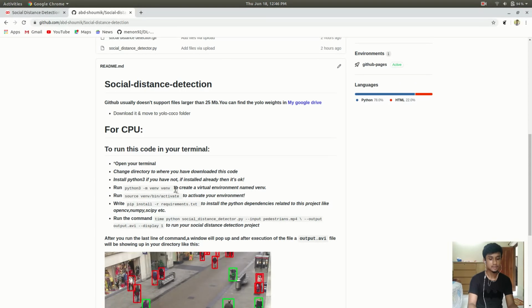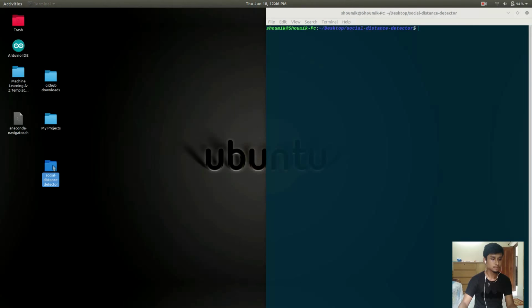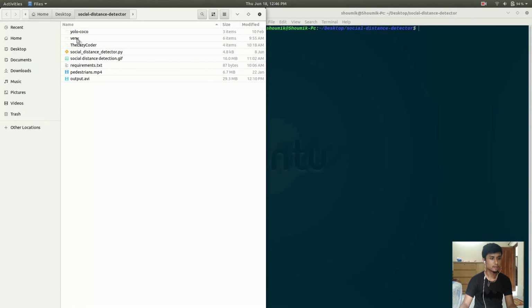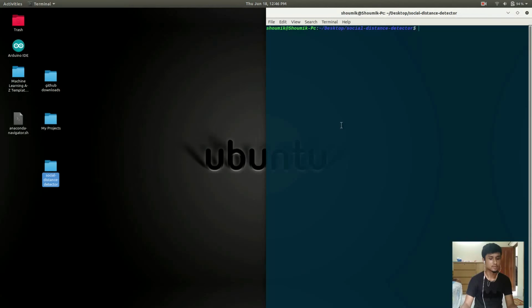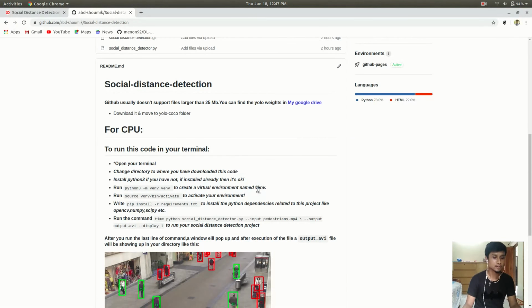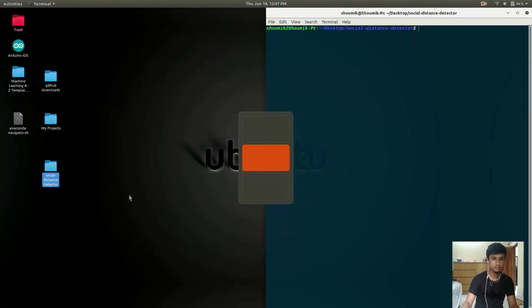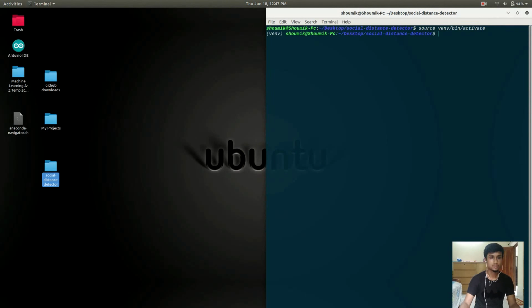So I will not do this as I have my bin folder right here, but you must do this. So after creating your virtual environment, you should just activate it. I will activate it right now. See, my virtual environment is activated.